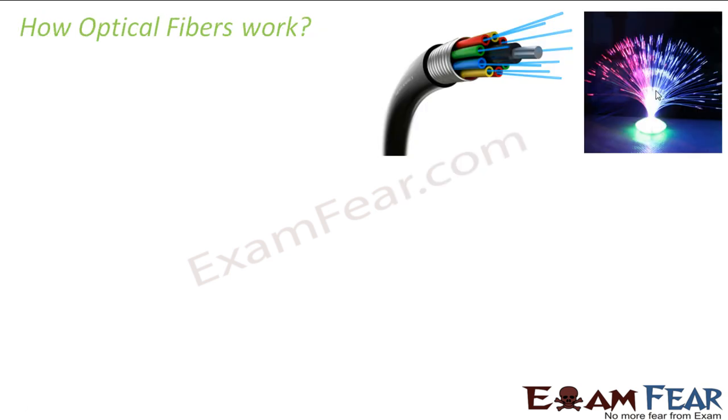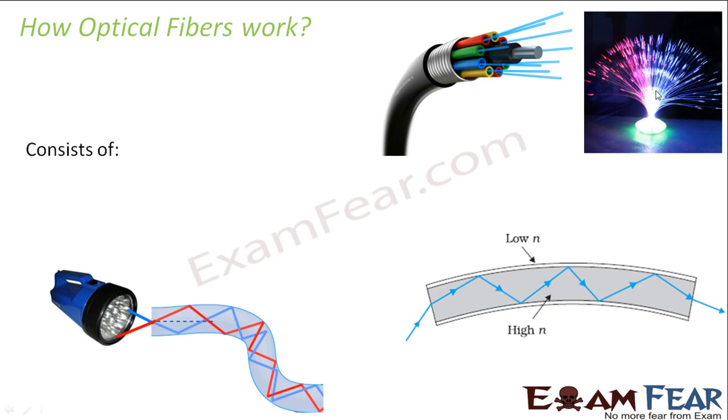Okay, so now let us look at how optical fibers work. Where is total internal reflection playing a role inside optical fibers? Before that, let us try to understand the construction of an optical fiber. What does it consist of? Because only when we know what it consists of, we can understand its working. It consists of a core which has a very high refractive index. Which part is the core? The inside part is the core. The gray one is the core.